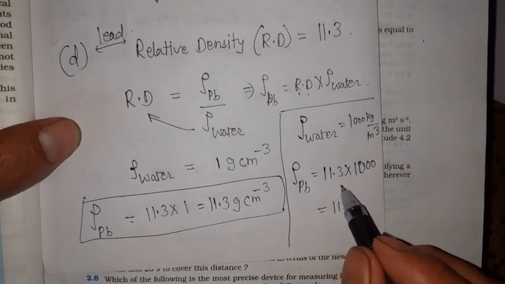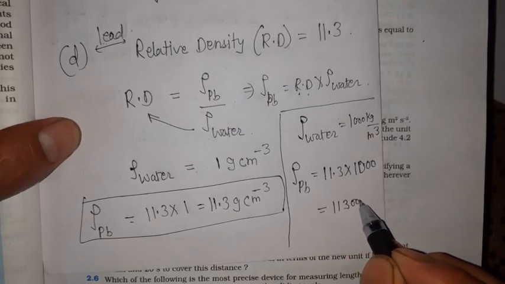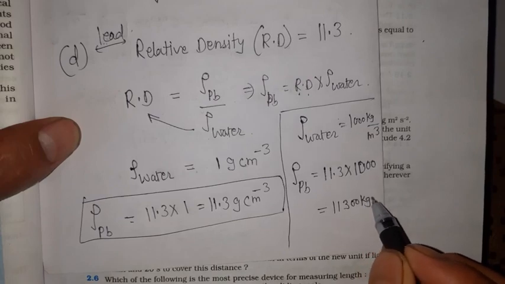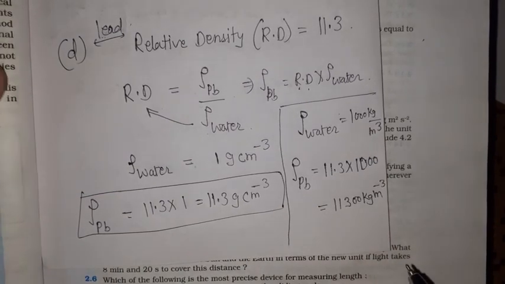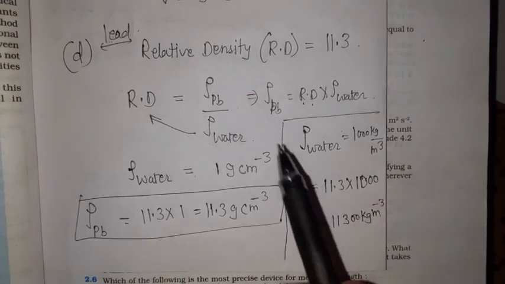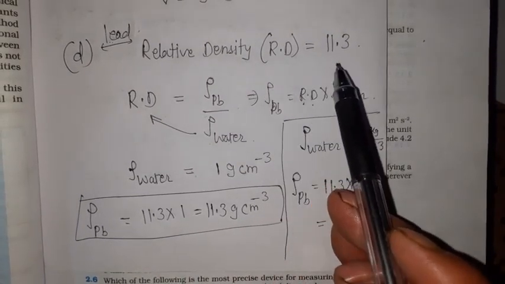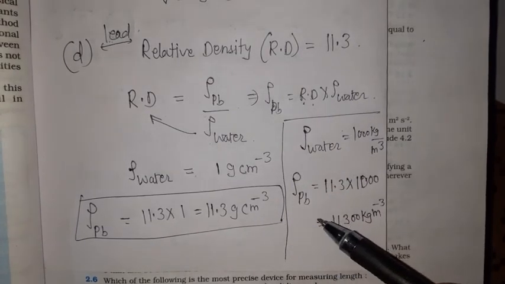Decimal will go, divide in the form of 10, so this will cut one 0, so therefore 300 will come, only 2 zeros will come over there. So thus I get it in kilogram per cubic meter. Okay, this is my answer for this question. So this is the conversion over here from relative density to SI and CGS.